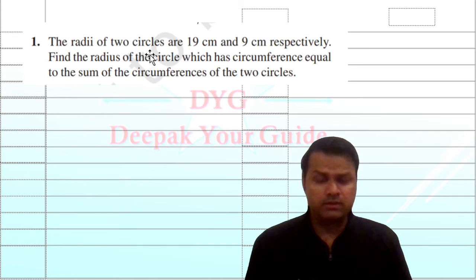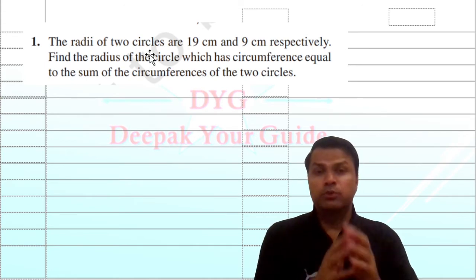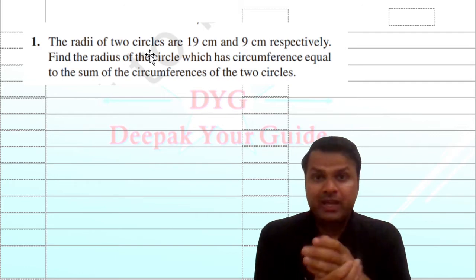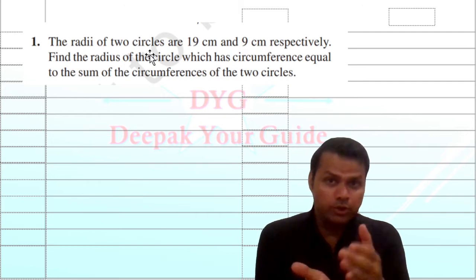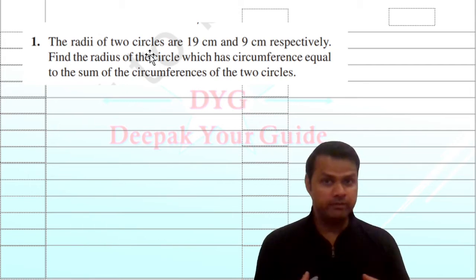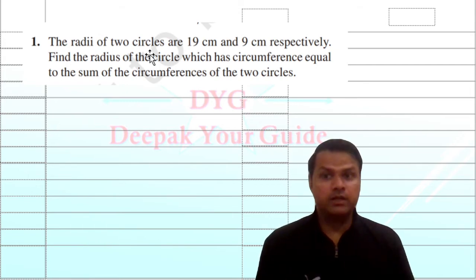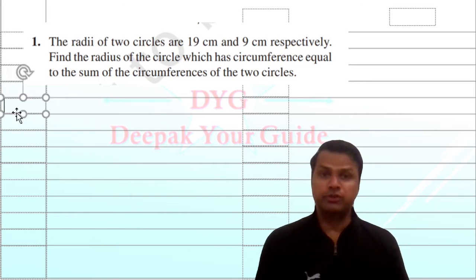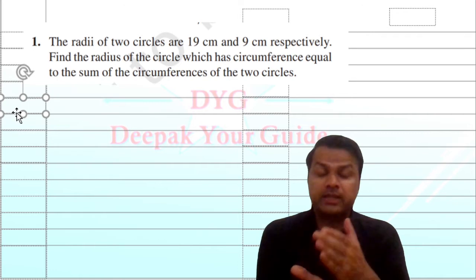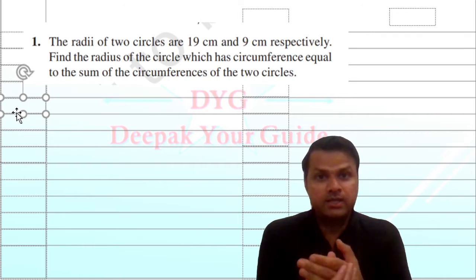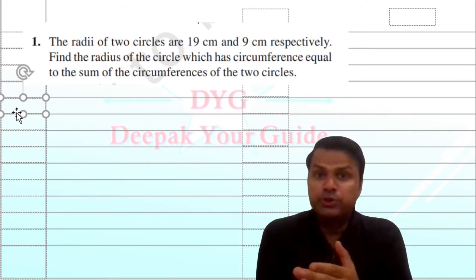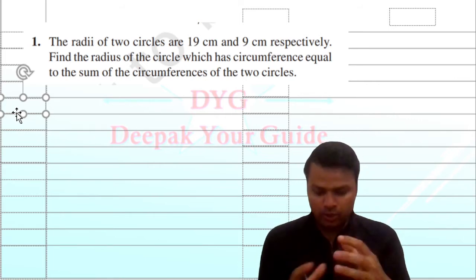Let's quickly read the question what they have given. The most important thing is you should understand the question first and then plan your strategy how you're going to solve it. So I'll tell you how to write descriptive or in detail so that the presentation of your solution is perfect and anyone who will check your solution will understand that yes, you know the concept, you have not copied it from anywhere, you know how to find the solution to the question. So how do we do it?